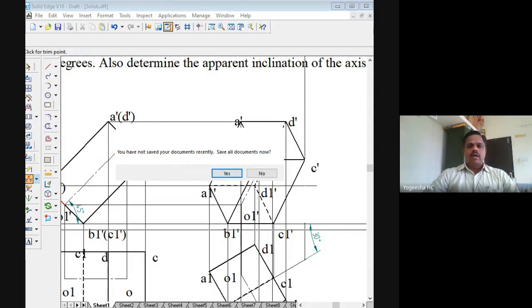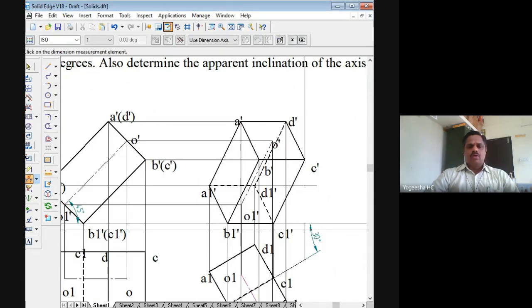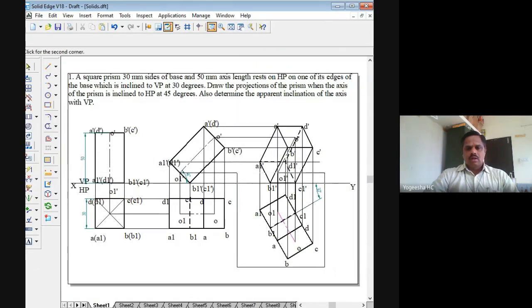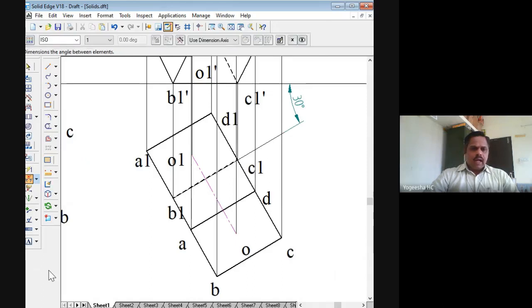I will go for finding the inclination of the axis with XY line here. So this I have to select here. This is the axis with XY line. So XY line is this one, right? So here axis line, angle between, yeah, angle between. So this and this. Why it is not coming? I'll just zoom that area. Yeah, right, angle between this axis with XY line. I have to find that inclination. That is the apparent inclination of the axis with VP.